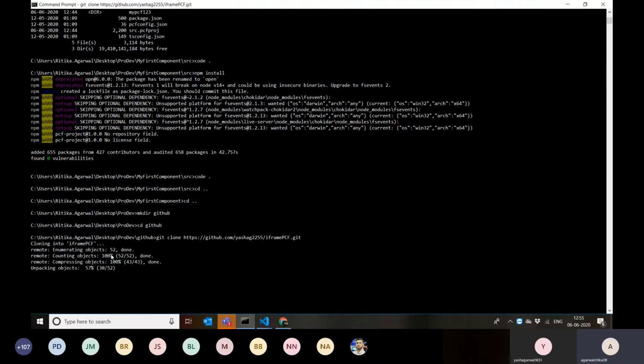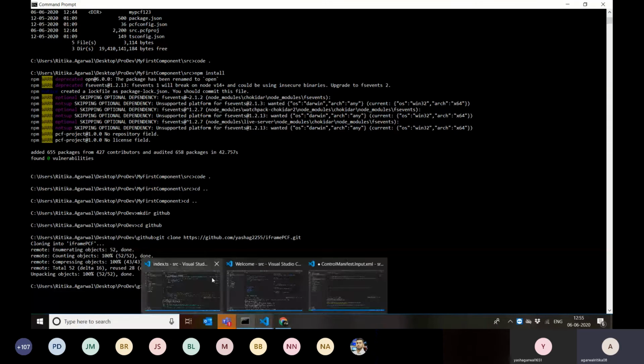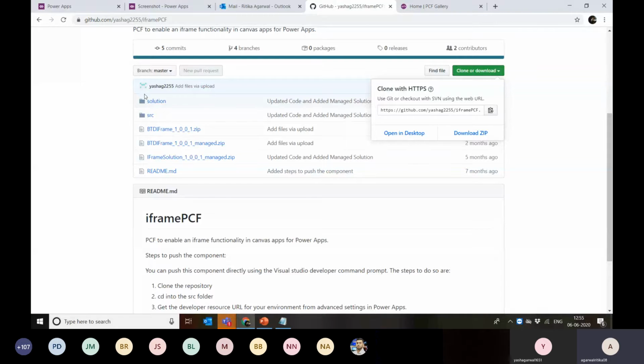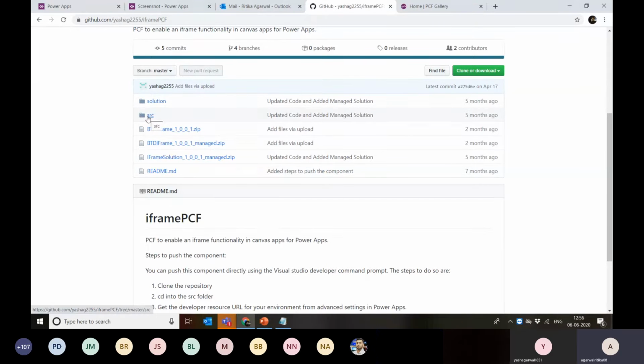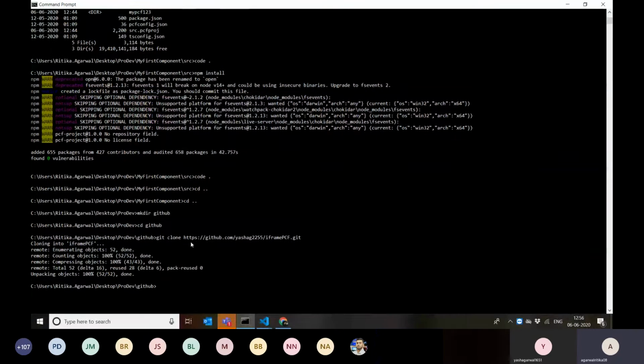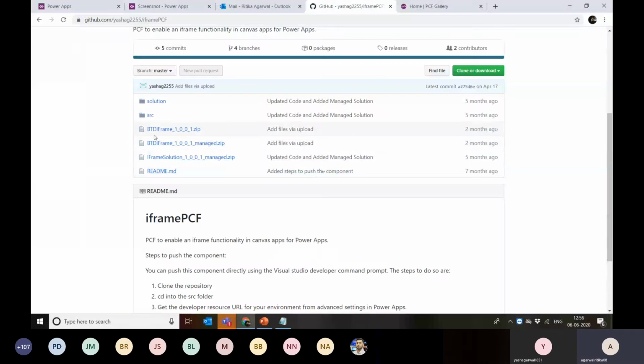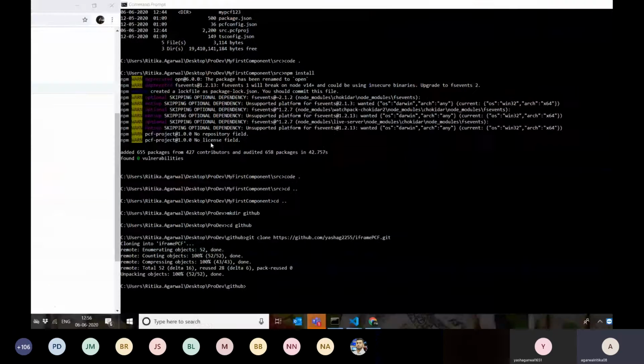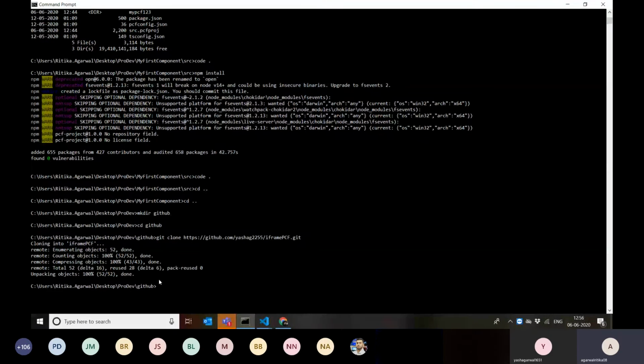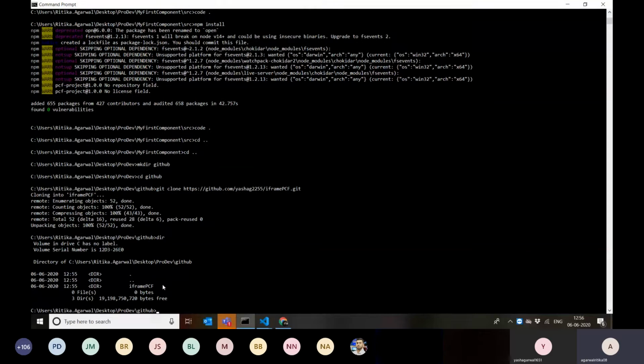Now it will download all the files that are part of the PCF. So we have our PCF here. It has a solution file, it has a source file, and then there are managed and unmanaged solutions. But if we are going to implement this and want to make any changes, we need to do that in the source folder. Here are also the managed and unmanaged solutions for the iframe. If you don't want to go this way, cloning the GitHub repository, updating your changes and pushing it back, you can directly import the managed and unmanaged solutions. So now I can see that the GitHub repository is cloned. So let's do this.